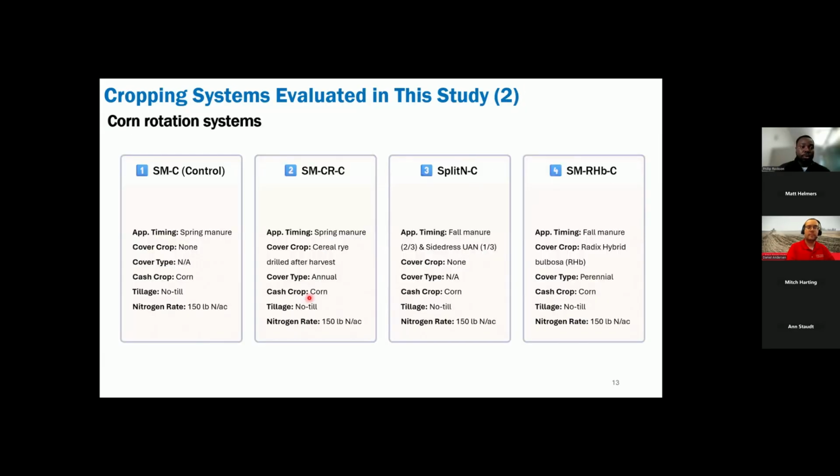I'll move to our corn rotation plots, and here we did apply manure during the spring for all treatments for our corn rotation. So our first treatment is the control. There's no cover crop. These plots are no-tilled, and the application rate for each of these plots was 150 pounds of nitrogen per acre. The second treatment, we have a cover crop species being planted right after harvesting, and